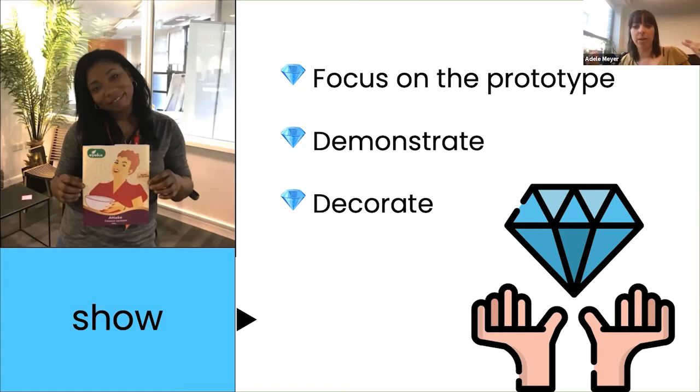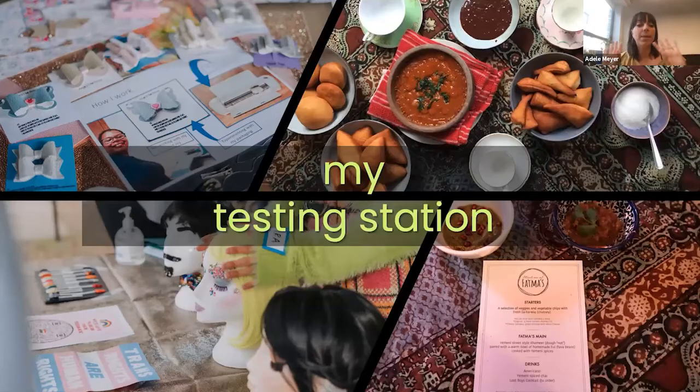So while you're showing, a few important tips: you want to focus on the prototype and demonstrating it. That's what you're really showing. You can display it, or you can demo it, make something interactive if it's a service. You can decorate it and decorate the table around it to give some context, some aesthetic, and some of your other features. So it's a chance to really show off your idea. So make it count. People make really cool testing stations. Each person will have a testing station of their own. So it's very important to think about how you're going to set up your table. Your table design can help people to understand your business idea, and it can be helpful for showing and telling.